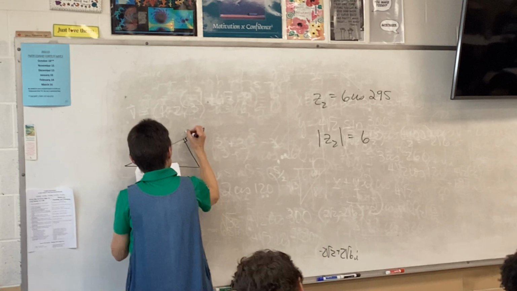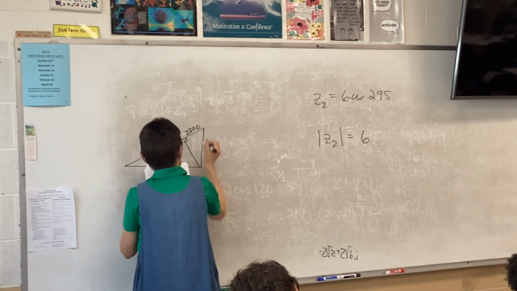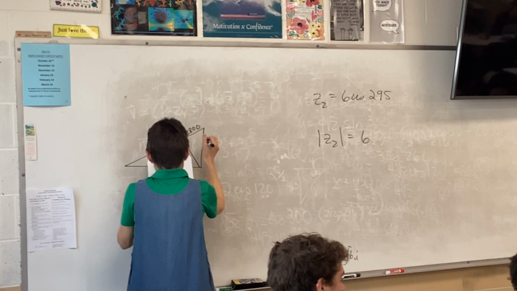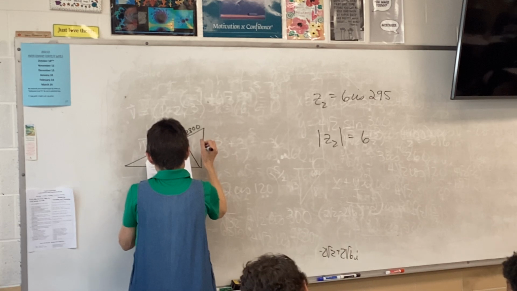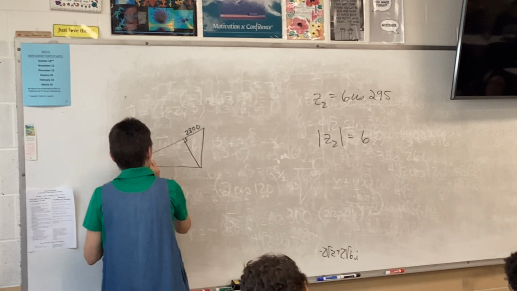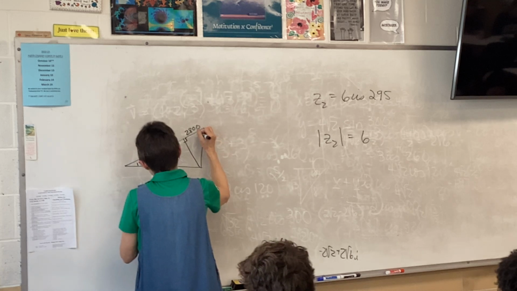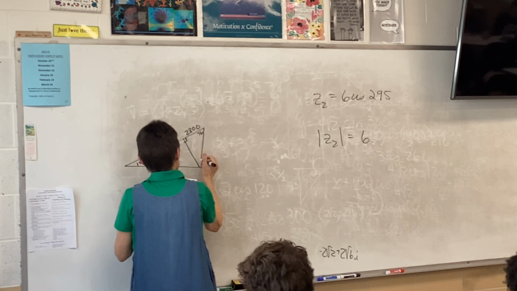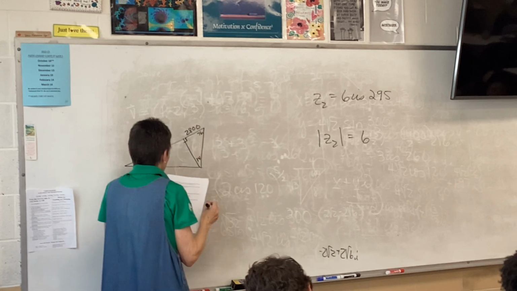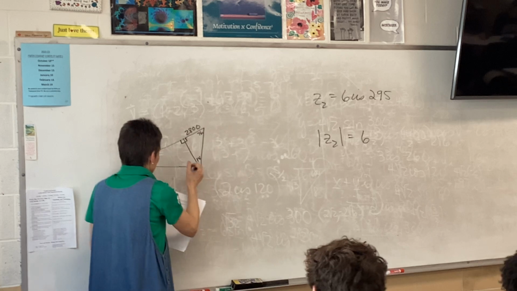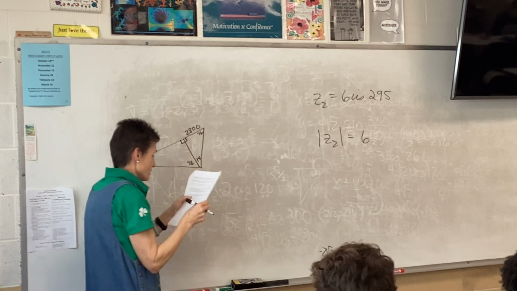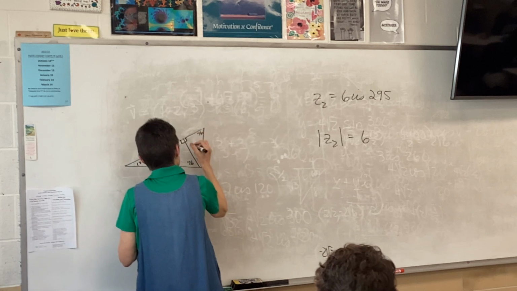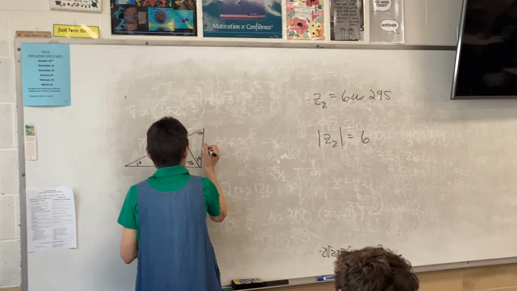All right, so we have a 2,800 pound car pulling down 14 degrees. So this is 70. Right, so there's all of our angles, and the 2,800 pound car is pulling down,